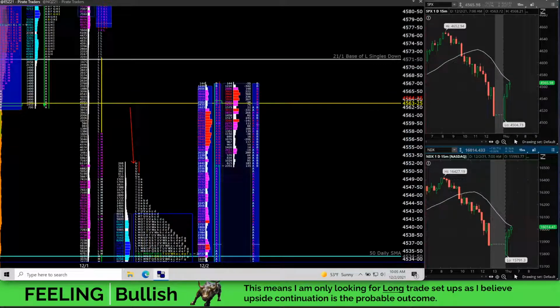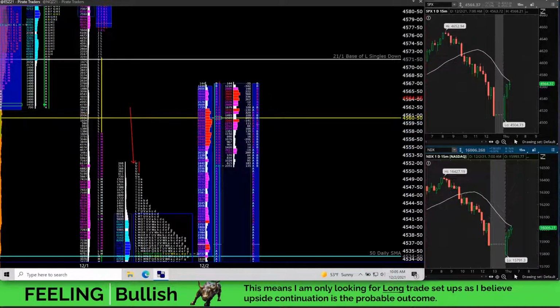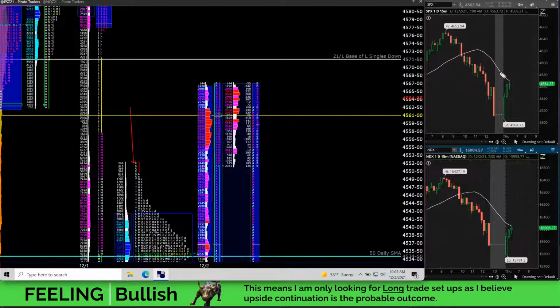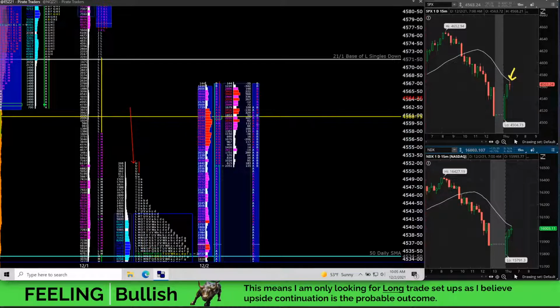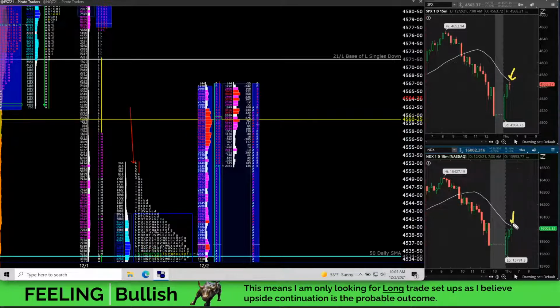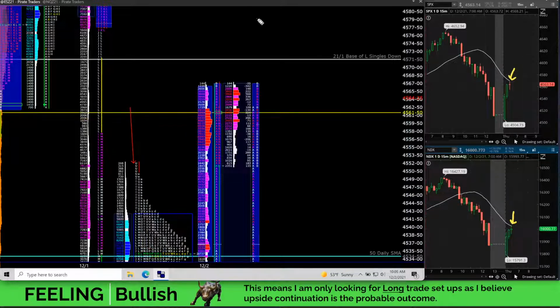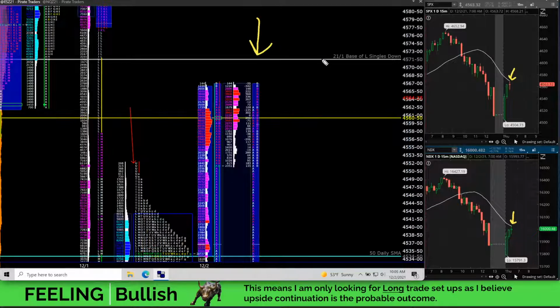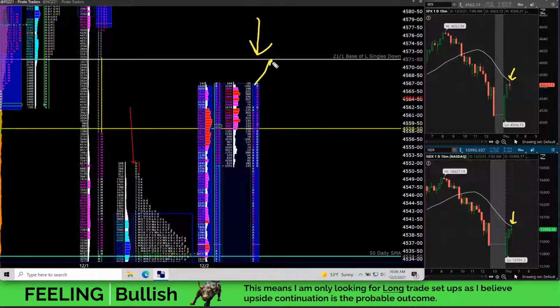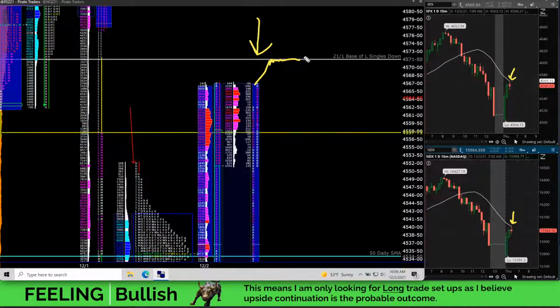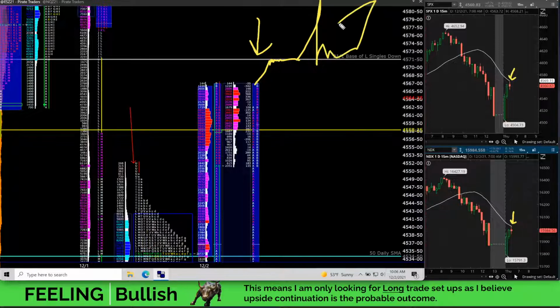Chris Tark: What is the target? Well, yeah, we could blow through it, so it's not necessarily like we have to find resistance. But this 20 moving average on the 15-minute candles right here, both indices, looks like we're getting a little bounce right off of that. And then just above, we have the base of the single prints down from the L period. So the base of single prints often acts as resistance if they're down or support if they're up. So we're likely to have to really work our way through that level. But if we do, we can come back down and find support and get continuation.